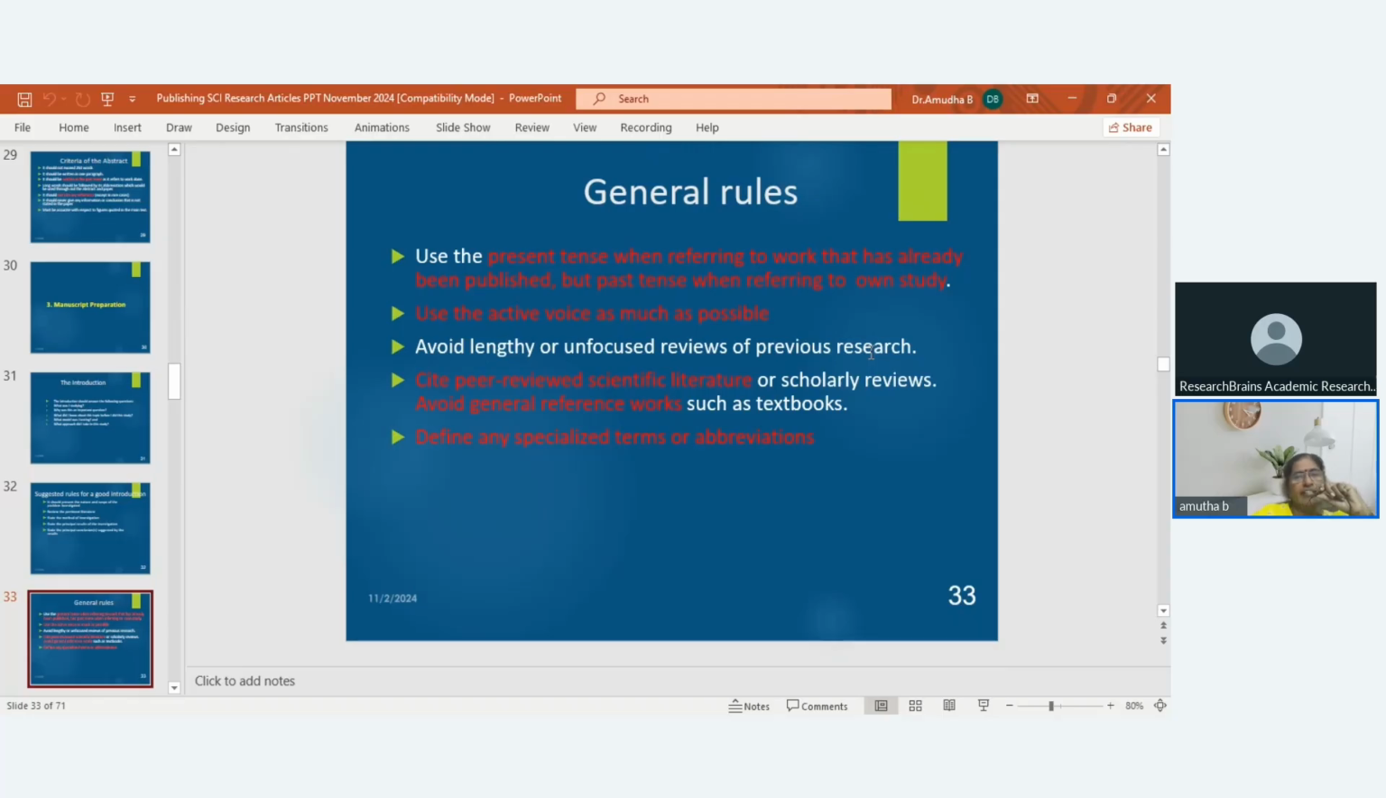You will be writing at the end. That you are not supposed to do. Avoid lengthy and unfocused reviews of previous research. You are not supposed to do that, because they are also researchers. They have done some work. Their work must be appreciated, but you should find out any one loophole which is not addressed in